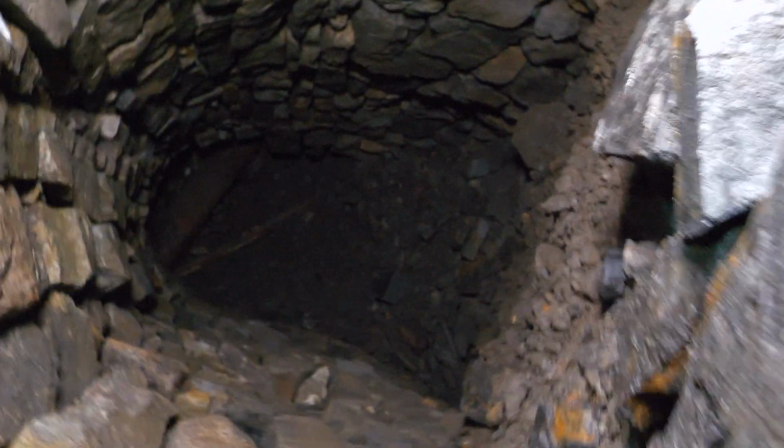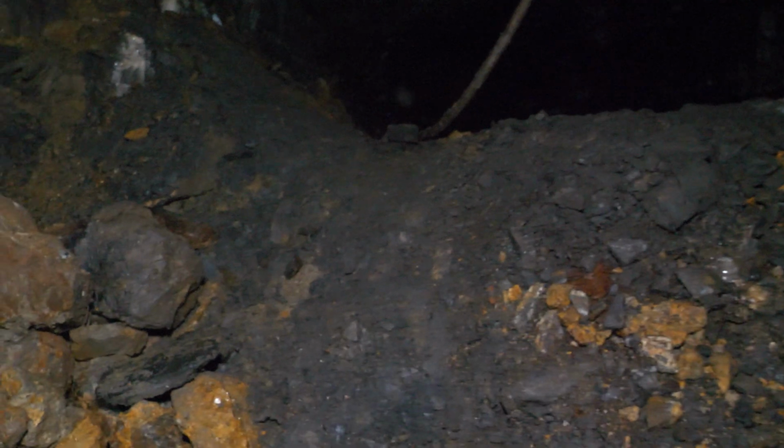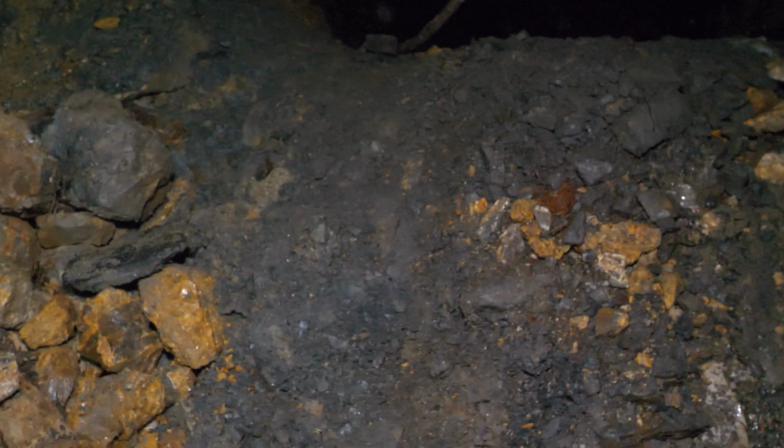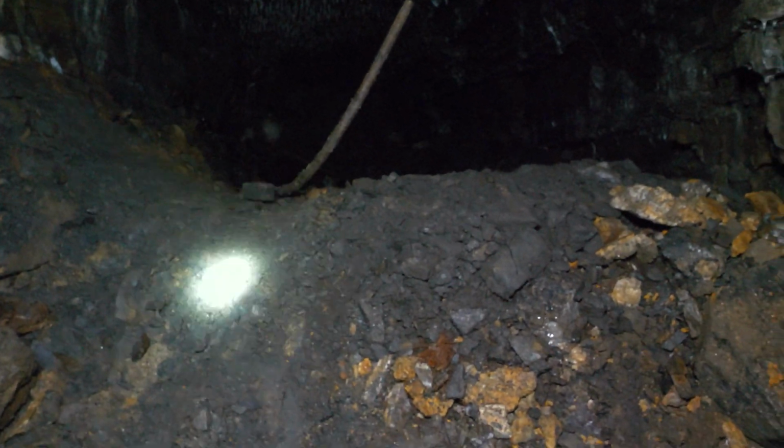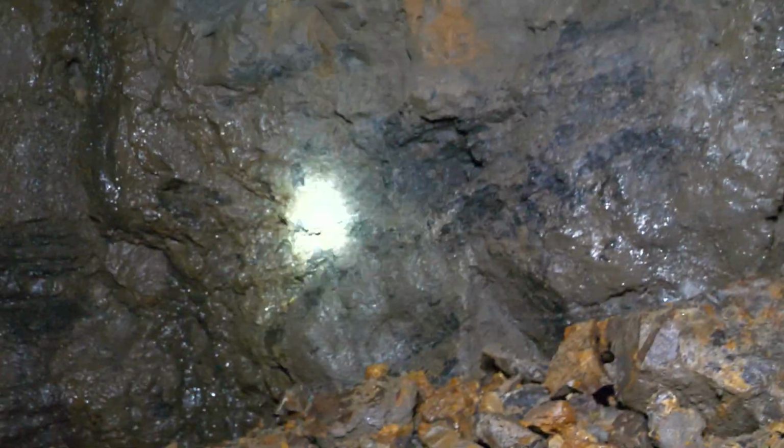Can I get my light in there? I'll have to do it sideways because I can't fit the camera upright, but you'll have to take my word for it. That is blocked in there. You might be able to see that. And then up above us, you can see there were further workings. Oh, I hope this rock doesn't come down, Gary. Yeah, you can see the workings would have continued in that direction. And then also up here,